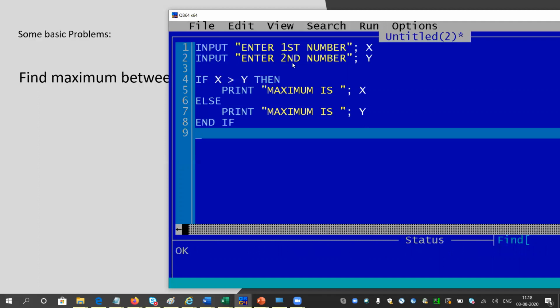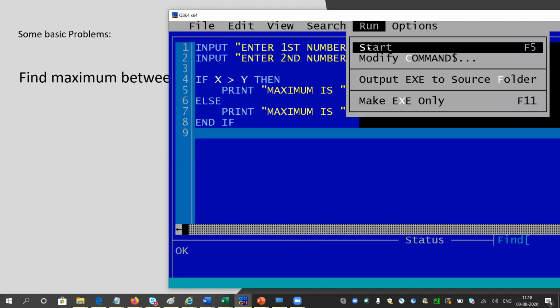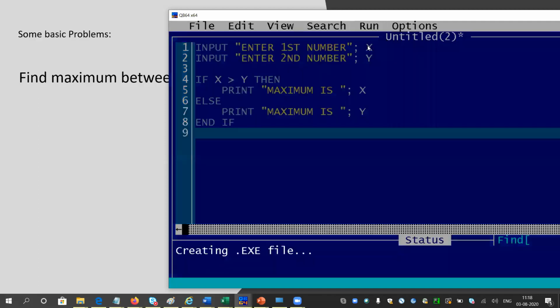Okay, let me run this program for you. It will take some time in my QBasic compiler. I don't know why it takes some time. So let's wait. It is taking time, so let me explain in between.